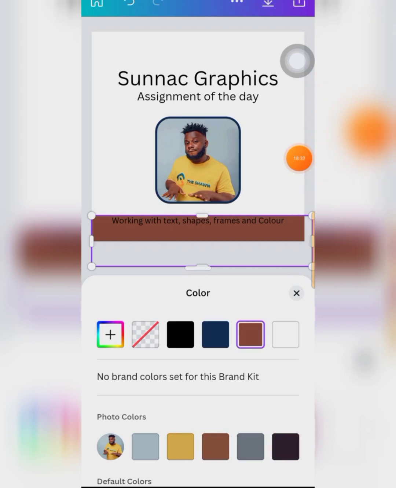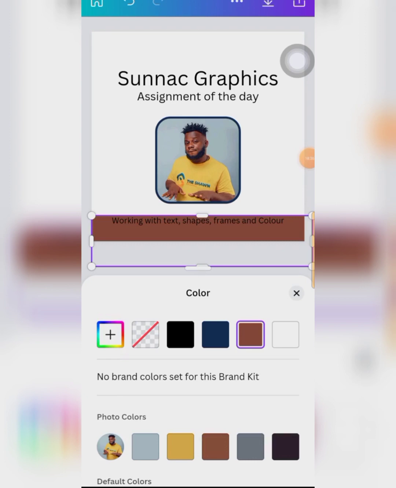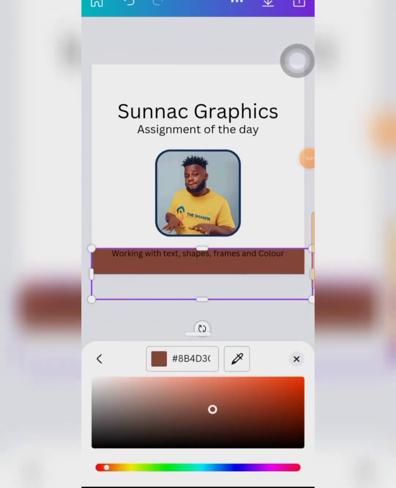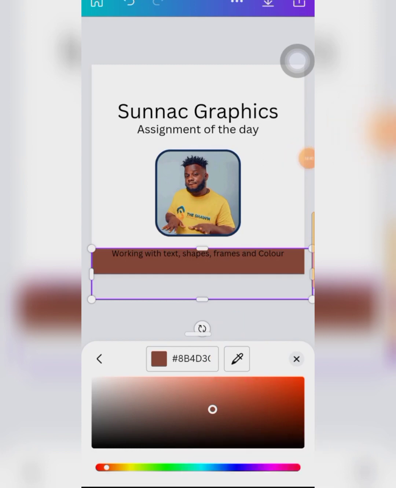I'll go to this point. Let me use my brush. This point. Okay. So once I click there, instead of me selecting a color, what I will do is go to this point now. The pencil side, I will go to there. Once I click there,